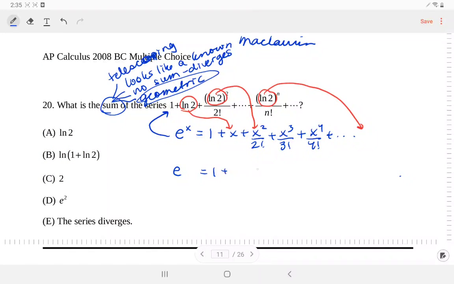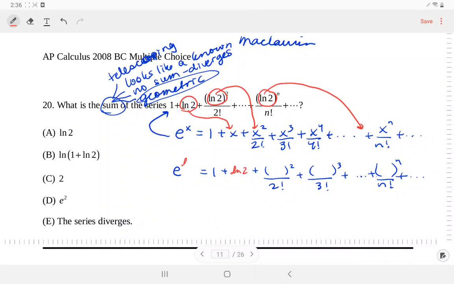I'm going to fill in the ln2 for all the x's. We'll only go up to 3. Plus dot, dot, dot. Let me add the nth term. This is x to the n over n factorial. So this would be something plus ln2 to the n over n factorial plus dot, dot, dot. Okay, Taylor series are on the 2020 test. And then if I substitute ln2 in for every x,